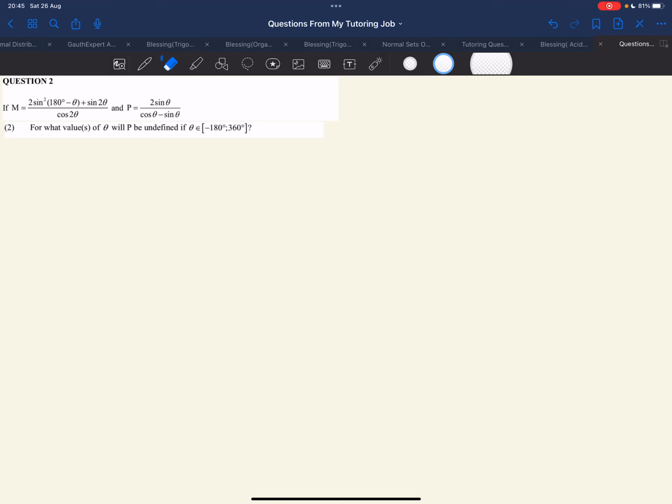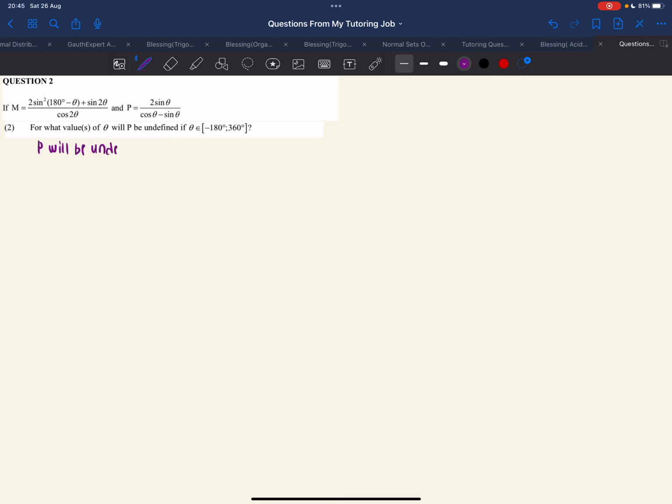Okay, right. Now in question 2, they ask for what values of theta will P be undefined if theta is an element of minus 180 degrees to 360 degrees. So we're trying to find the values of theta where P is undefined between minus 180 degrees and 360 degrees. Now what I want you to look at for now is that P will be